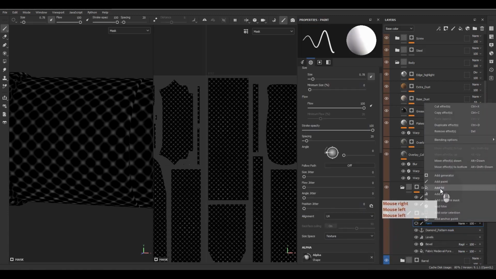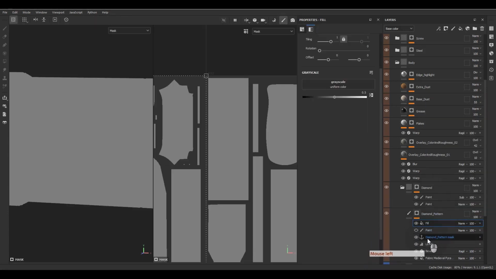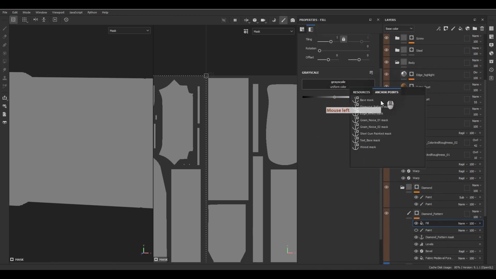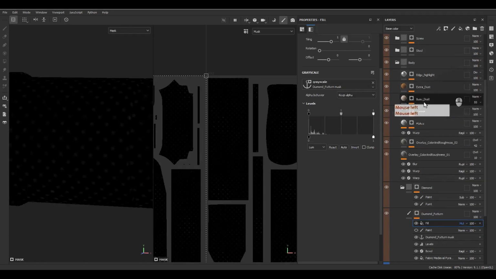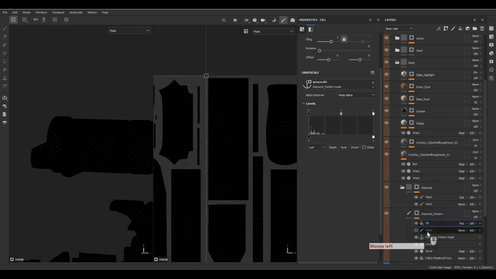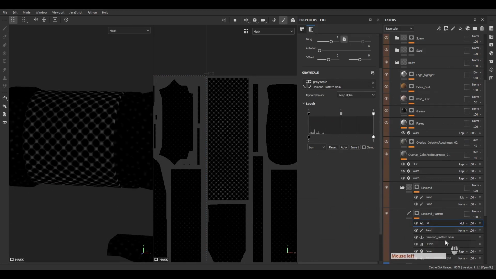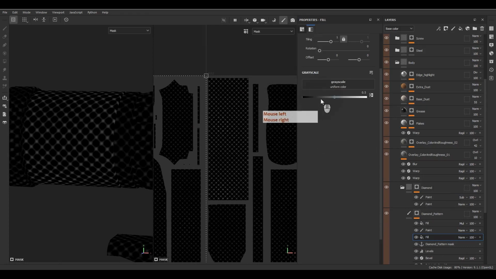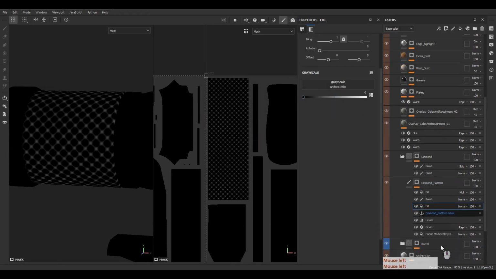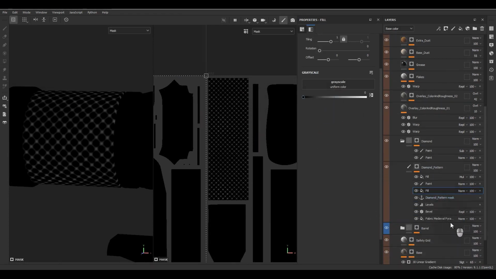And I'm going to add another fill layer. And let's load this anchor point to this fill layer and we invert this. So let's load diamond pattern mask. Okay, and let's change blending mode to multiply to this paint. Okay, so we can add a fill layer with black color to keep this mask under layers